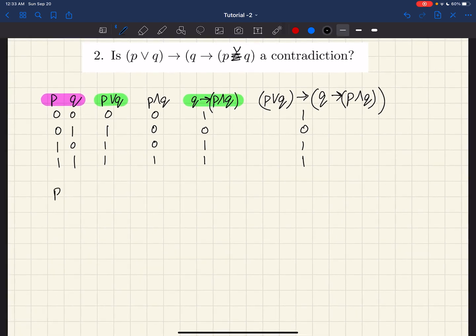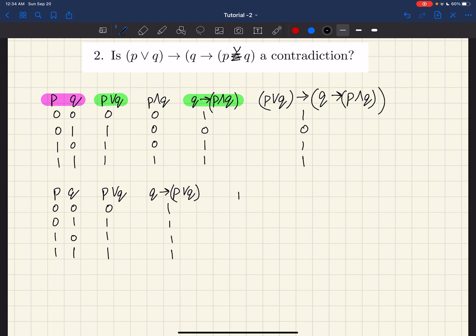Now again we have P, Q. Now the only thing we need is P or Q. Okay. And Q implies P or Q would give us all ones,